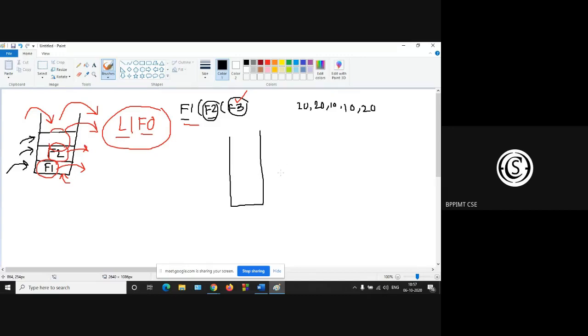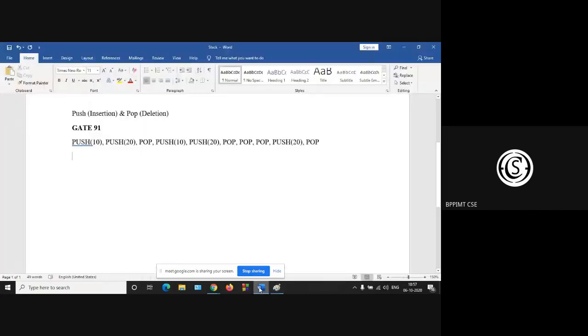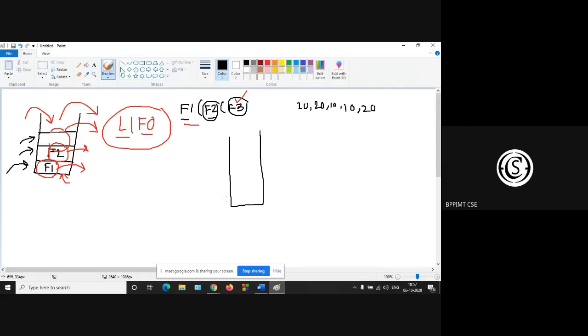So first one is 10 is pushed. Initially your top is a temporary variable which is used for scanning the entries of the elements.